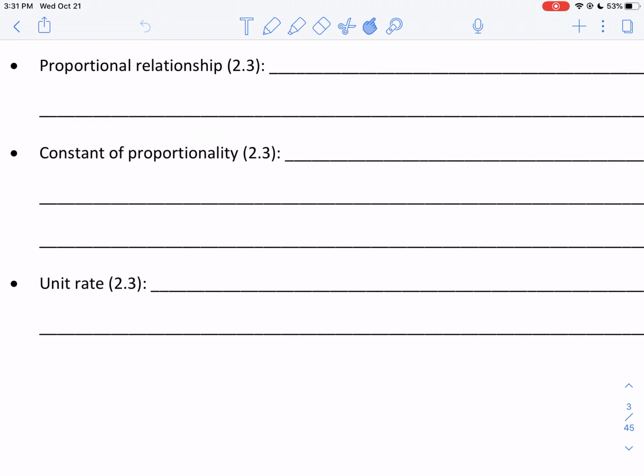Hello Math 7, we're going to do lesson 2.3 in comparing and scaling, and we're going to start out with filling in some vocabulary words. So first vocabulary word we're going to fill out is proportional relationship. So a proportional relationship